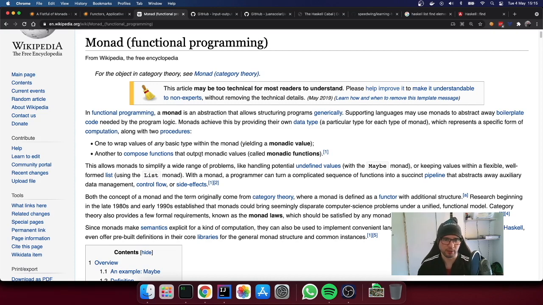The first one, return, basically takes whichever value and wraps it into a monad, so that we have a monadic value. And the other one is bind, that basically allows you to compose functions that output or return the same monadic values. So these are the two fundamental concepts that have to be respected. Well, there are many, but practically these are the two aspects that you have to focus on in order to deal with monads in daily life.